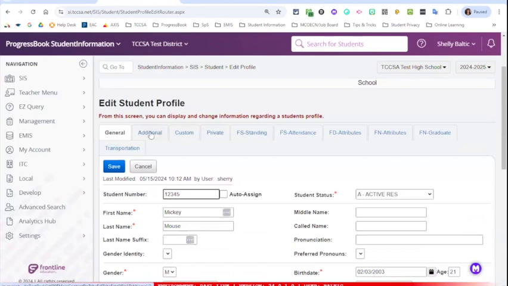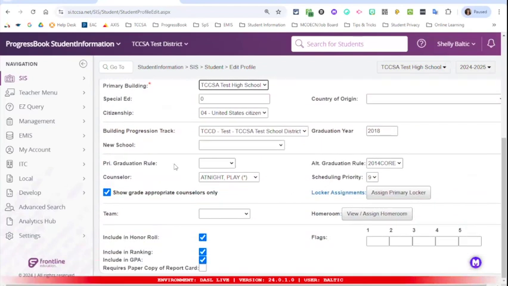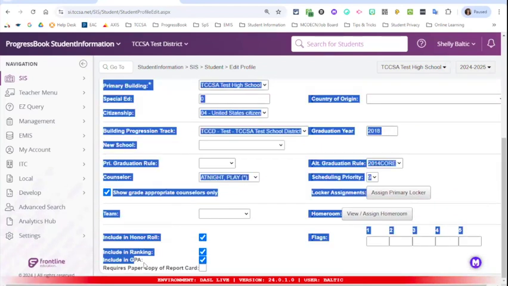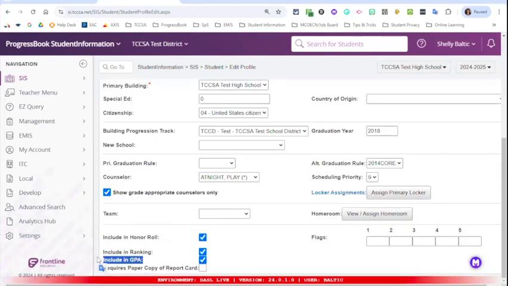So on the additional tab, all the way at the bottom, there's include in GPA. That's the important one. Like I said, I'm not sure exactly how they figured it out, but there were 4 kids that were not included in the GPA. Same thing with the honor roll and the ranking. So if you're going to produce an honor roll list, maybe you have honor roll, merit roll, or straight A's honor roll, you want to make sure they're included in that as well as the ranking. And if your